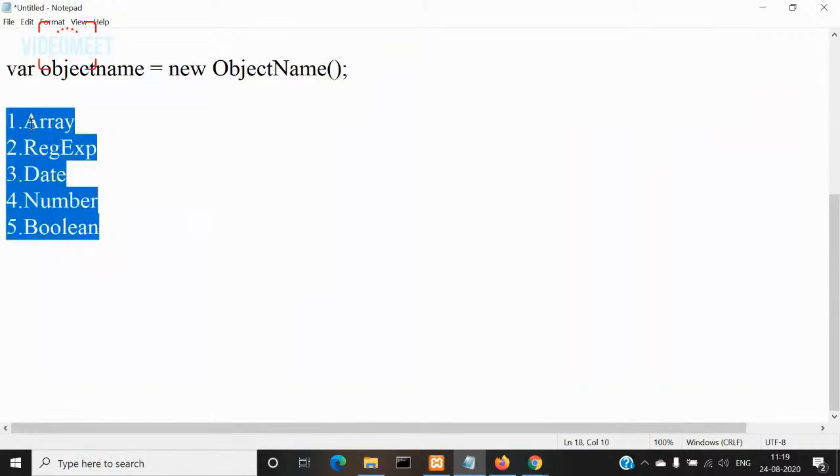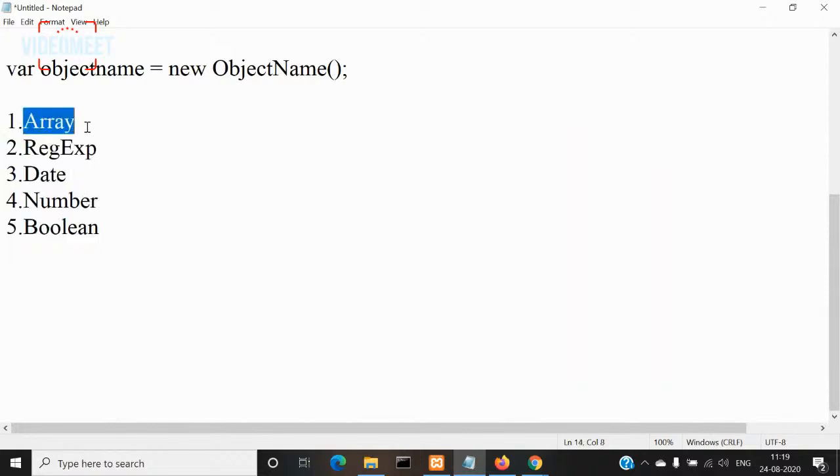For each of these predefined objects, as I told you, every object in JavaScript will be associated with some properties and functions, right? So even this array object will have some predefined functions associated with it. Even regular expression will have, date will have, number will have, and boolean will have some